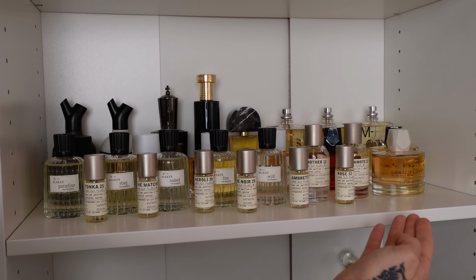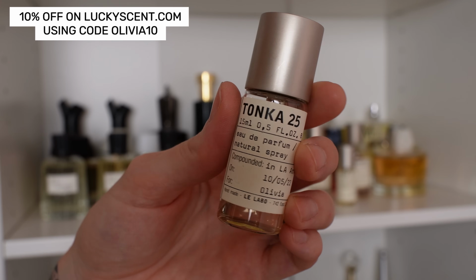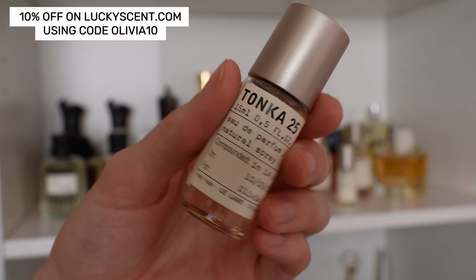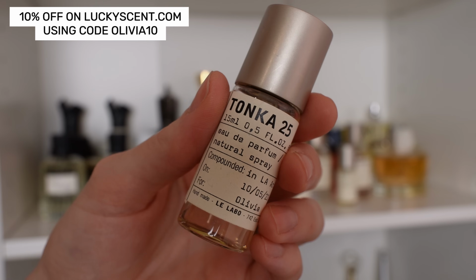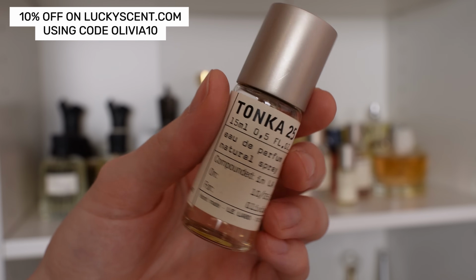Okay, we're on to another shelf. So let's start out with my Le Labo fragrances. First is Tonka 25, and this is more of a layering tool in my collection. It's a quite straightforward Tonka, so it gives a nice powdery, slight nutty touch, but it's also a little bit dark and a little bit spiced,